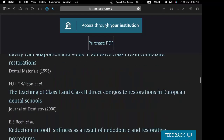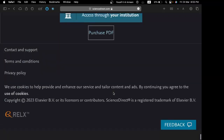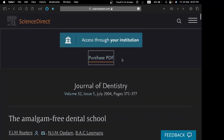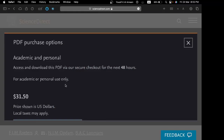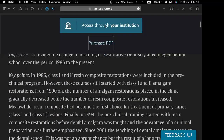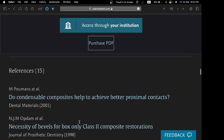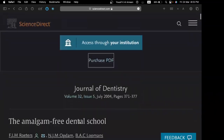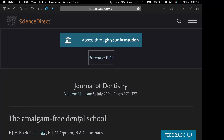There are acknowledgements and references you can read, but this is not a purchased, fully documented research paper, as you can see, because it is behind a paywall of $31. Most importantly, thank you for listening, as you understood most of what this article or research paper is talking about. It was talking about